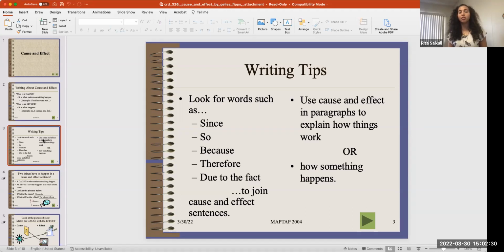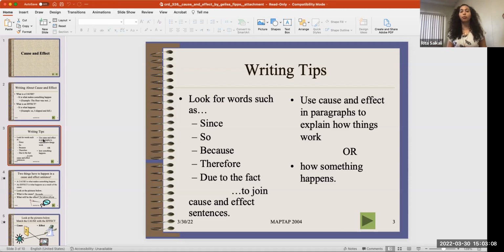How do you know? Well, there are some words such as since, right? Since this happened, then I did that, right? Since he was training for the marathon, he was able to run it, right? That's an example. "So" was another example. I go to school so I can learn to speak English, right? So there is a cause and effect. I go to school, that is the cause,